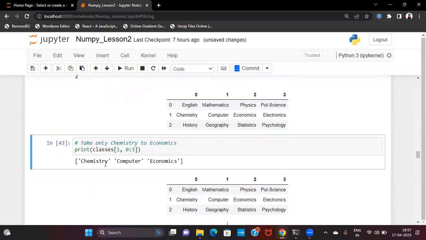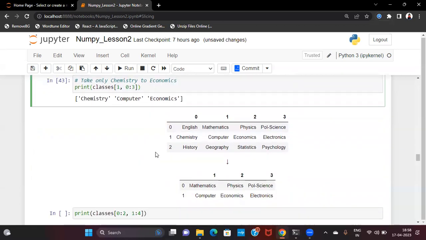Now, here you can see at the first dimension, I have only put one index value, not a slicing. But what if we want a result like this? So if this is the array, if this is our array,